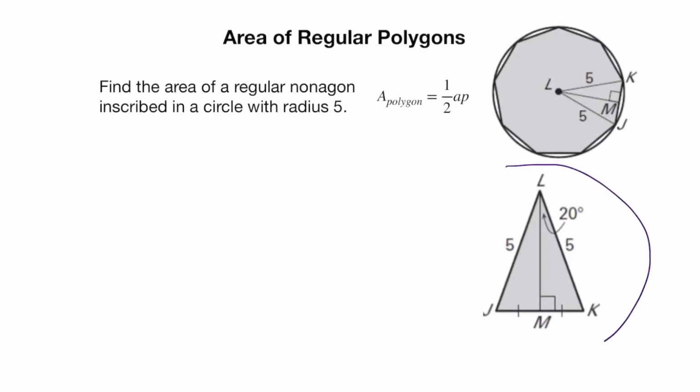I'm going to focus on this triangle right here. So we've dropped an altitude, this guy, LM, and I have this little angle here. It's saying it's 20. Now let's discuss why that would be. So my n here is 9. If I were to create the remaining little vertices here,